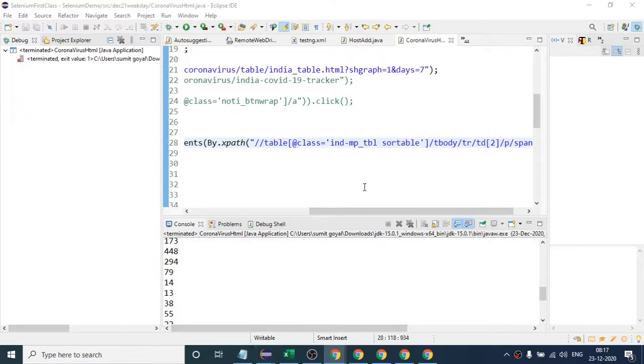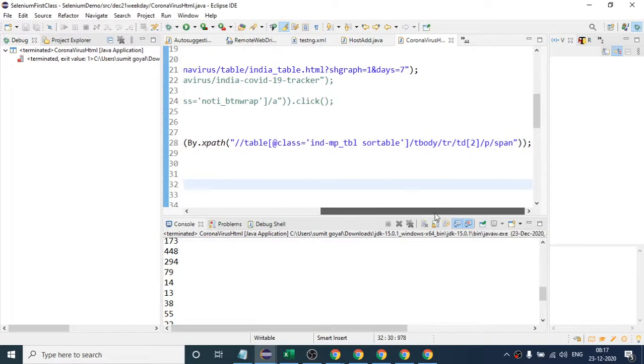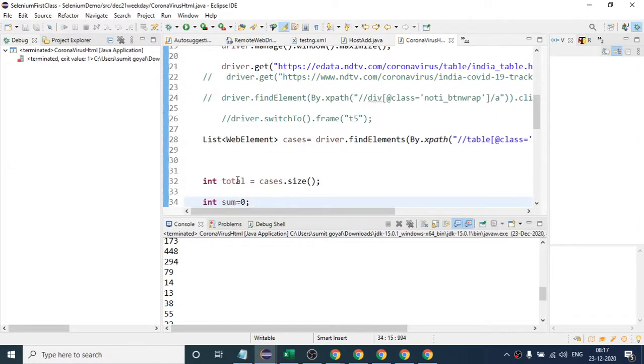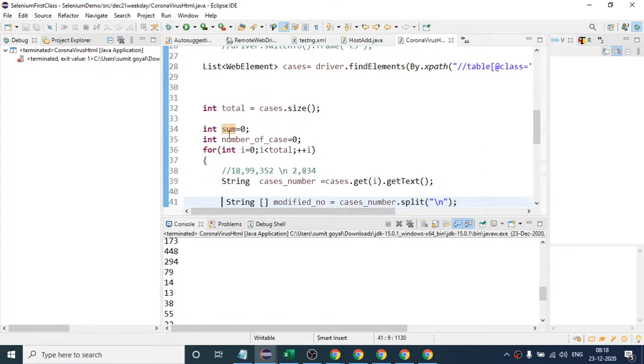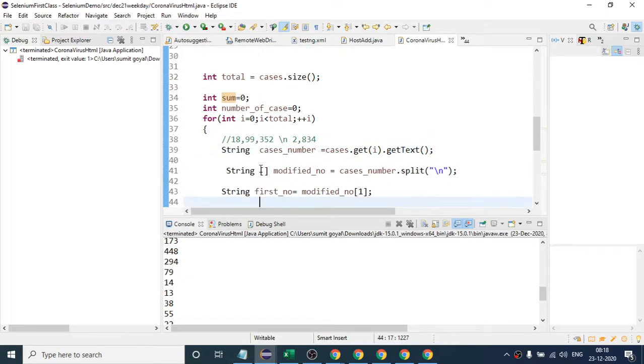Okay, so let us see this first. This is one of the ways. I have modified my XPath here, and this time you are going to get 34 total entries, because the last two do not have that number. So it will run 34 times. Once you get the number, this time you will not see /n, because it will give me this number only. Let us see if it comes, then we will put it.